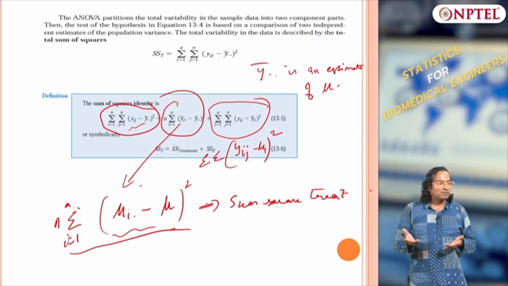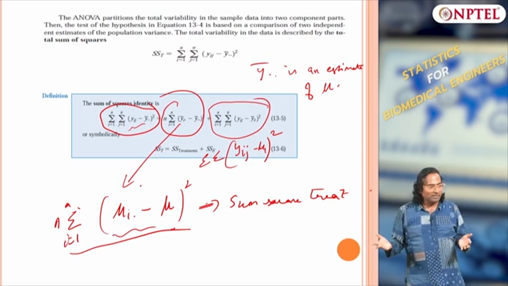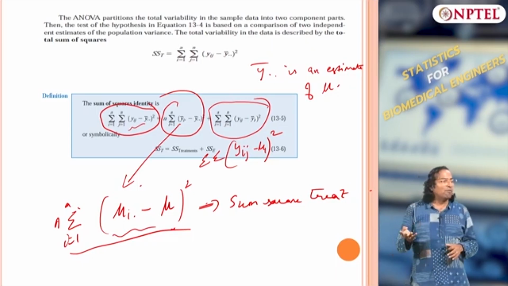Due to what? Due to the noise, due to your individual conditions, right. Now that is the second part. The first part is I have 4